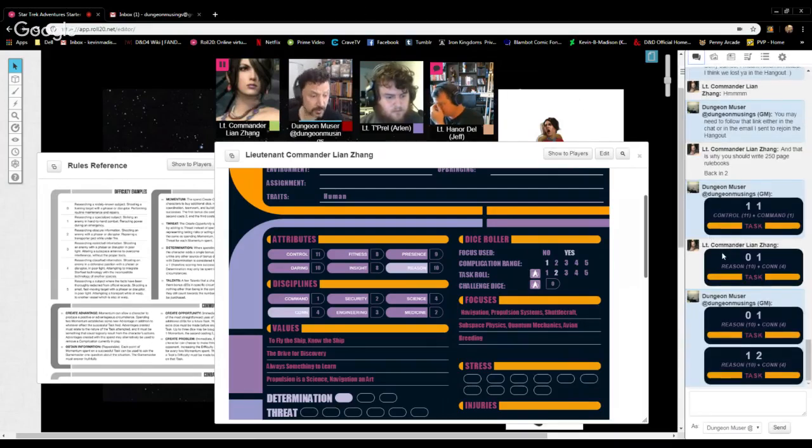You can also choose to bank that. So what that becomes is part of the momentum pool. And for the rest of the scene, other players or yourself on their turns can then make use of that. The way you use momentum is to buy extra dice. So let's say that on the next turn, we've got